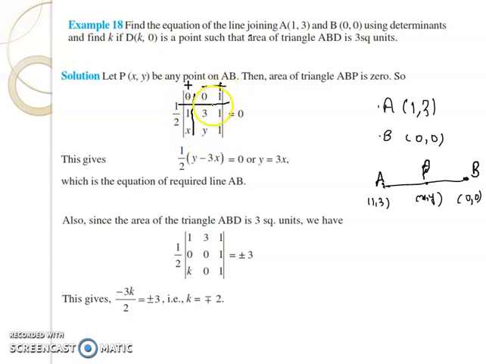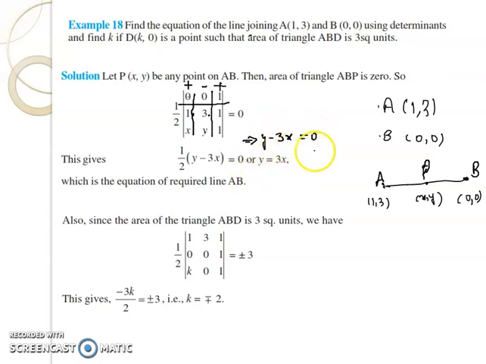We are only left with this one. So this one determinant y minus 3x. So I will be having determinant y minus 3x. Now 1 by 2 (y minus 3x) is equal to 0, which implies y minus 3x is equal to 0, which implies y is equal to 3x. So both the answers are correct.